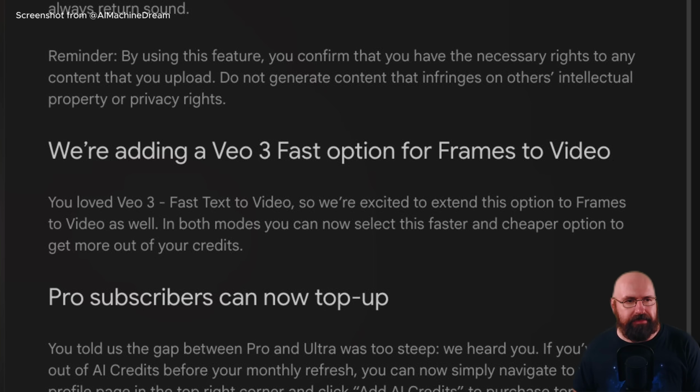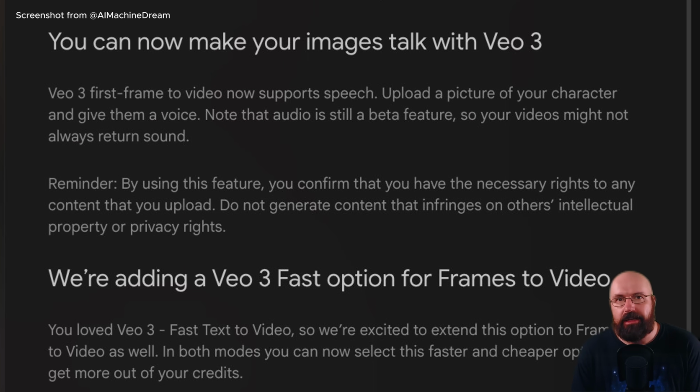So here we can see that update post for Flow, and here we have a new function that is called frames to video, where you can upload an image and then this will animate it into a video, but also it can create speech and sound effects with that. And this is still a beta function, so sometimes you might not get sound, and also there are some other limitations. Let's talk about that, but first let's look at a very cool example